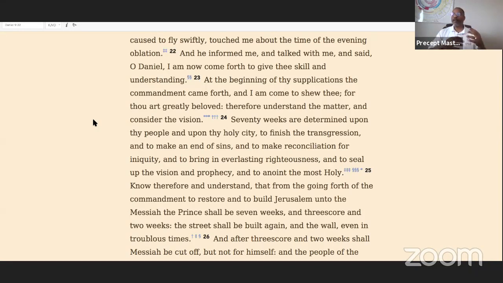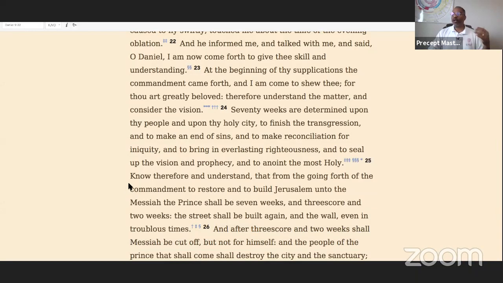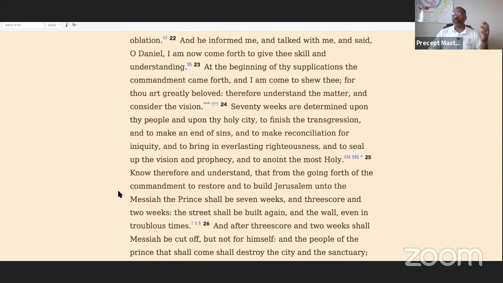And he said, and to bring in everlasting righteousness, and to seal up the vision and prophecy, and anoint the Most Holy. That's what he's saying, with the oil, which is us, being like crushed olives. Technically, all he's saying. So it says, now therefore understand that from the going forth of the commandment, people are going to tell you this, and this is part of the prophecy, which he tells you right there in Romans, he makes this clear, to restore and build Jerusalem, unto the Messiah the Prince shall be 7 weeks.